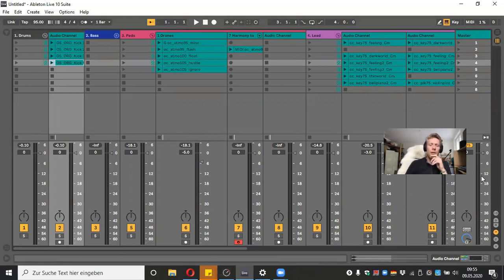So the idea is to not go over -6 on the master volume on the busiest part of the track. So when all the elements are playing at some point and everything is full energy, I don't want this to be louder than -6, because I want to give the mastering engineer headroom to make adjustments in this scale of 6 dB, put a limiter and compressor and everything, and they will tell you, the mastering engineers, I need your pre-master -6 dB